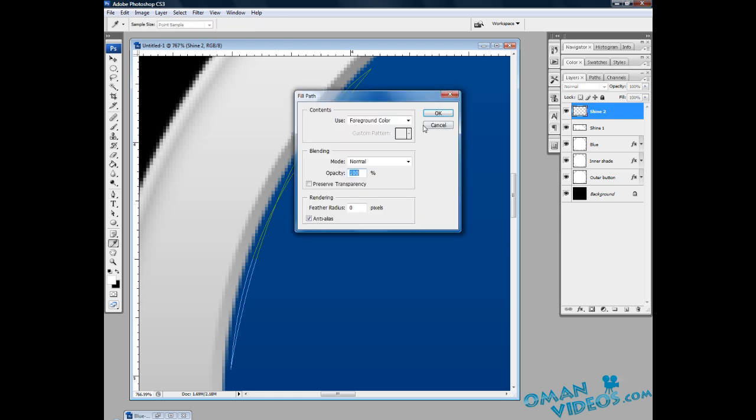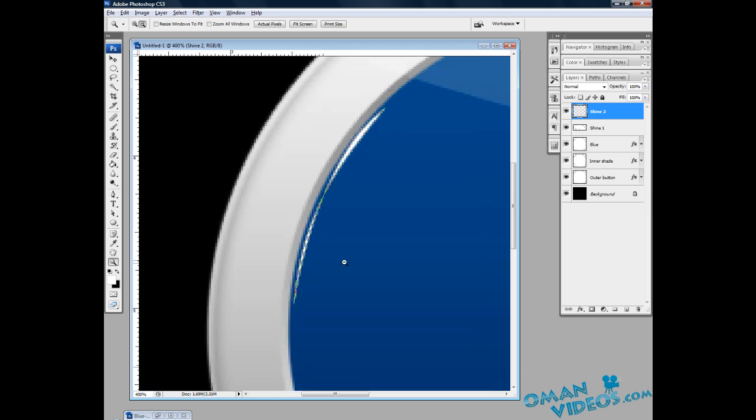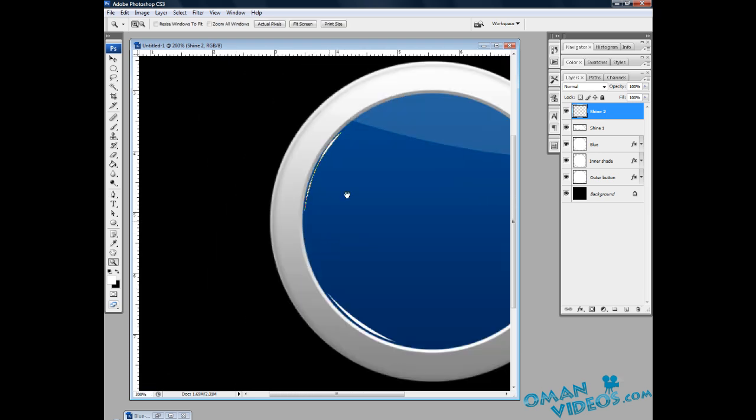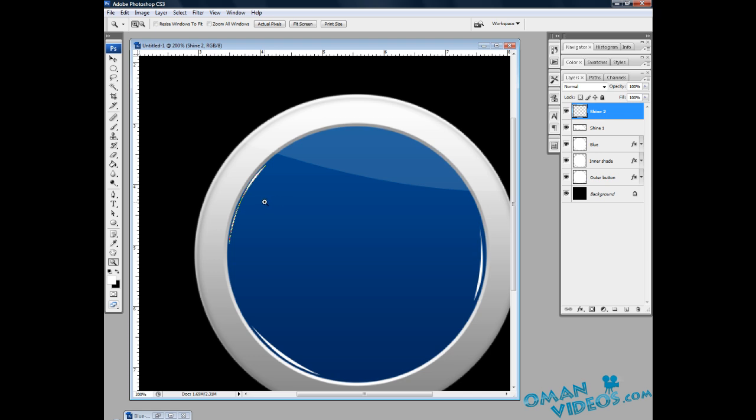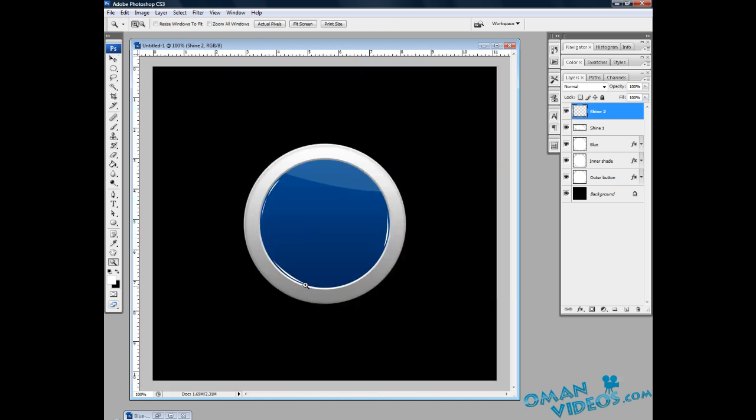Let's right-click and fill that and have a look at how it looks. Same with the foreground color. Zooming back a bit. Let's remove the path there. You could see that different kind of shine. Let's, with this layer selected, with the move tool selected, move this a bit to the right and down. Just position this a bit. Let's zoom back here. You could see that effect, which looks